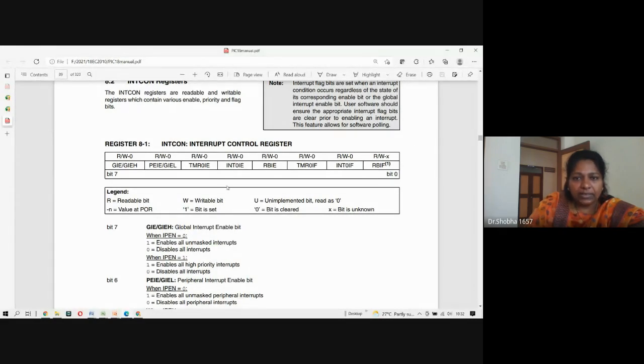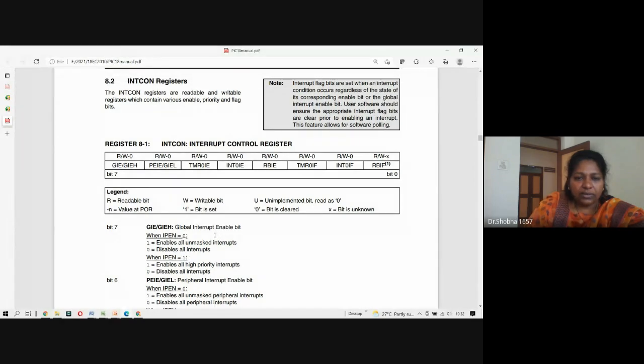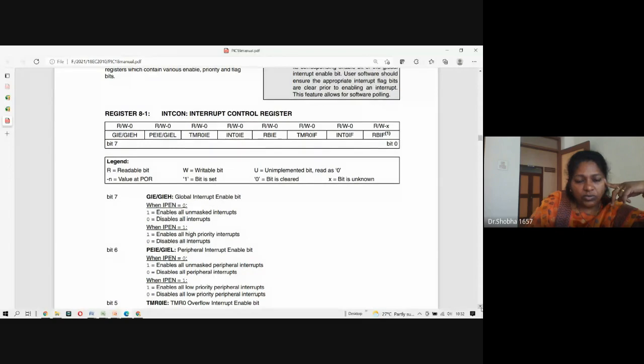So the first one is the global interrupt bit, which I told you, which is mentioned for enabling any of the interrupts. It will enable or disable the interrupts. Okay, and there is an option with priority and without priority also. But let us not go so deep into it.